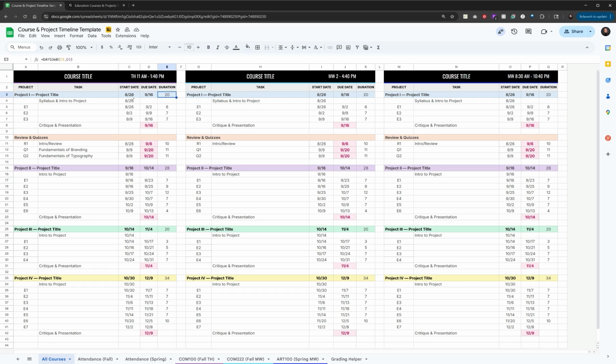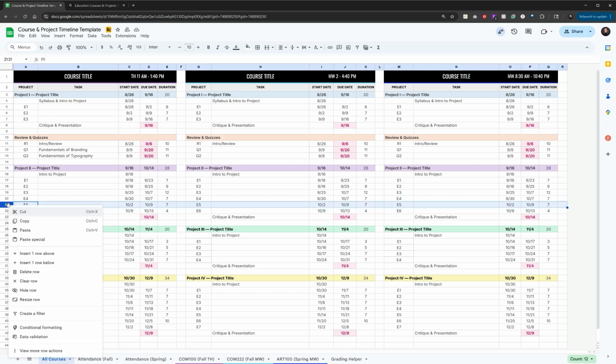The duration is calculated based on when you enter the start date and that time between the due date. So for each of the assignments, you can see how many days you have to work on each of the assignments. And since this is a spreadsheet, any of this is editable, so you can insert rows above and below,